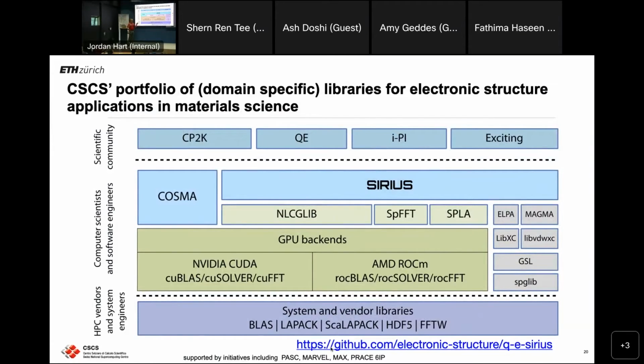This is my own background, condensed matter physics, so I know a lot more about this. I'm not going to say much, but we did introduce in my own group a domain-specific library approach running with an LAPW method, exciting code. Joost VandeVondele is now my deputy director of science, so he's using it. He was the developer of CP2K, and we also had motivations with Quantum Espresso. So the same approach works